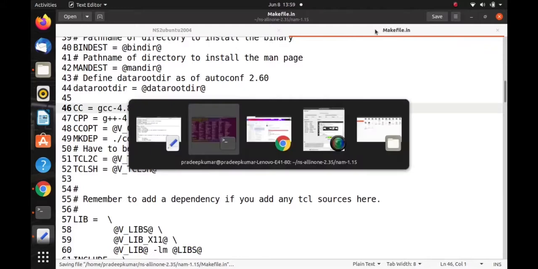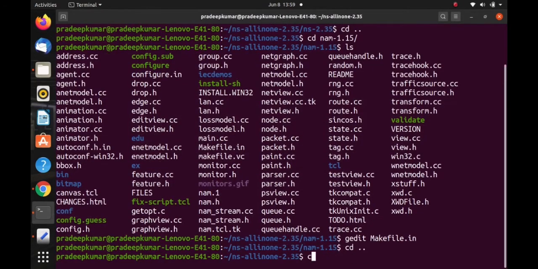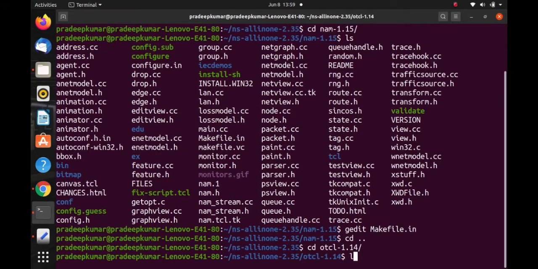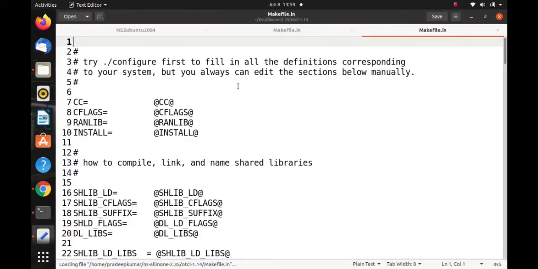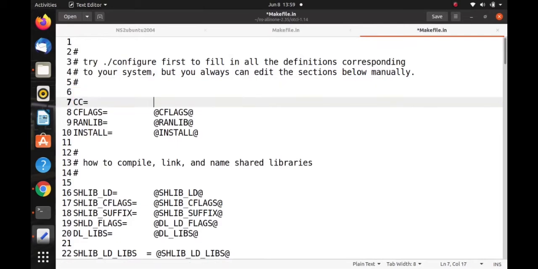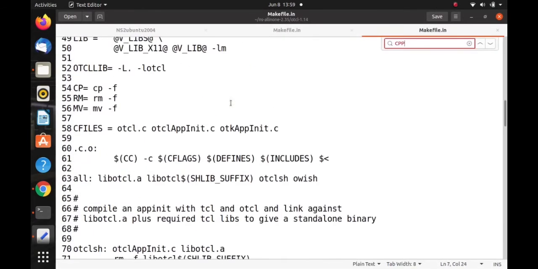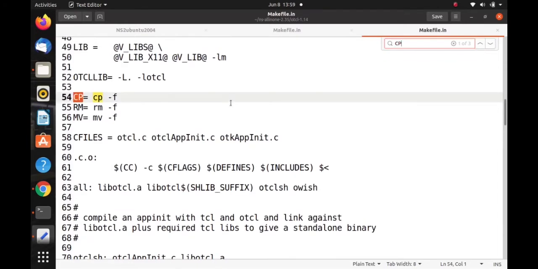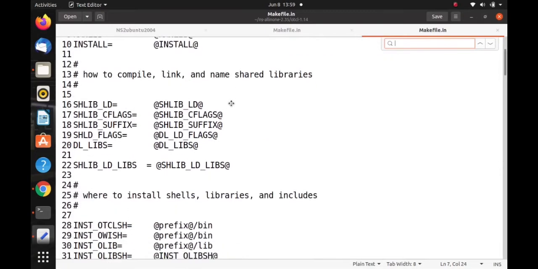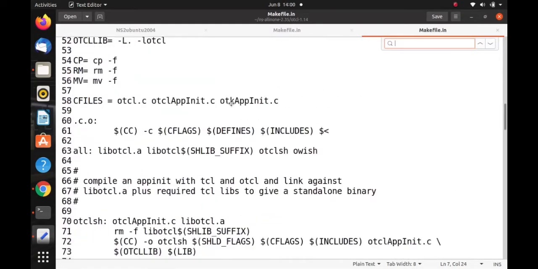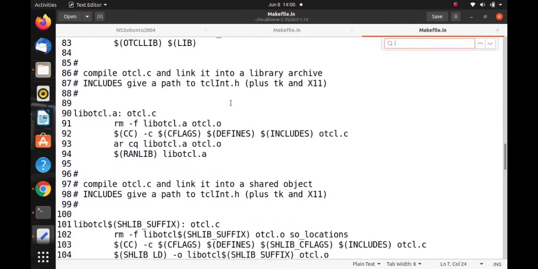So save it. Then cd OTCL. Here also gedit makefile.in. Now here also we need to change CC to GCC hyphen 4.8. And we'll check CXX, not CPP. There is no CPP here, it's CC alone.